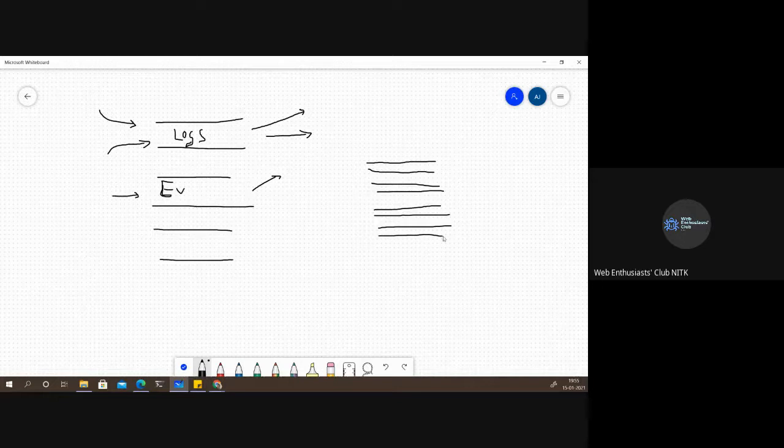Okay. And they're numbered. They're called partitions and they're numbered. And this is our entire topic. Don't mind the bad drawing. Anyways, so this is our one topic, and within that there are partitions. Now, the reason for doing this, why the Kafka designers went with this, is